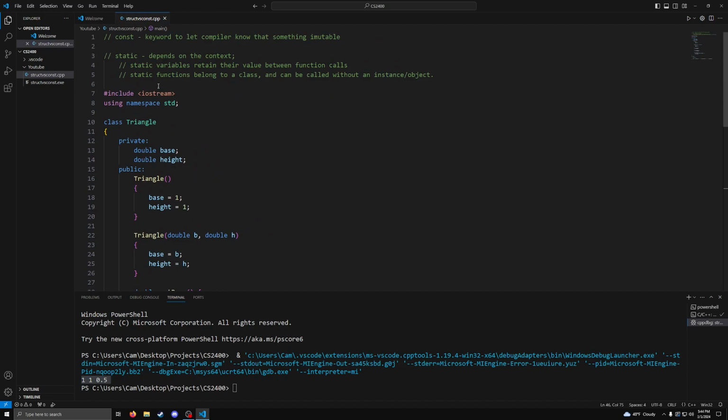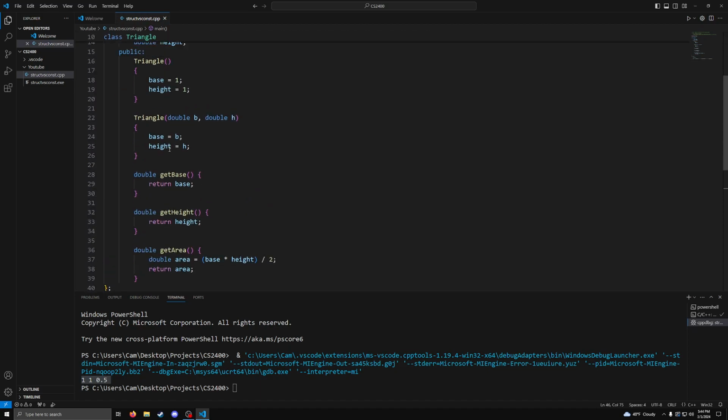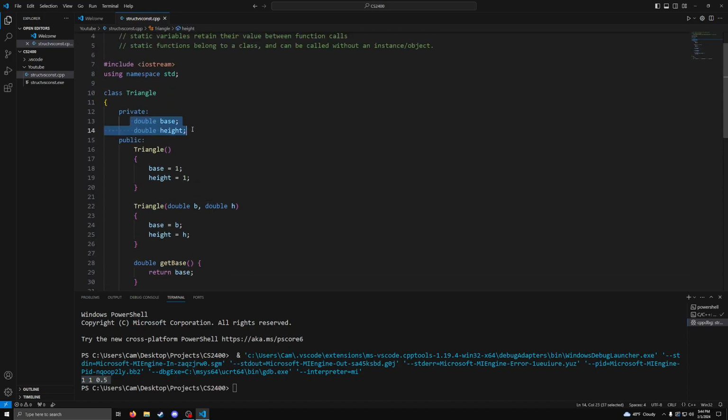So what about constant? What does constant do for our class here? Well, let's look at our two getter functions, get base and get height. All these are doing is returning the base and height of our triangle, and that's all I ever want them to do, because they're getter functions that allow us to access these private data fields. And the reason why we made these private in the first place is that no one can come in and say,